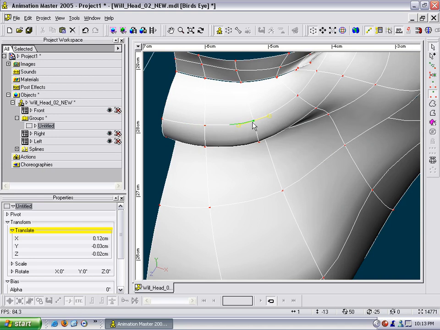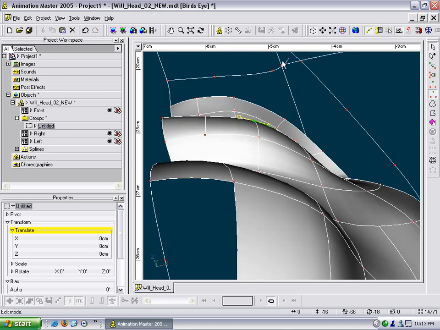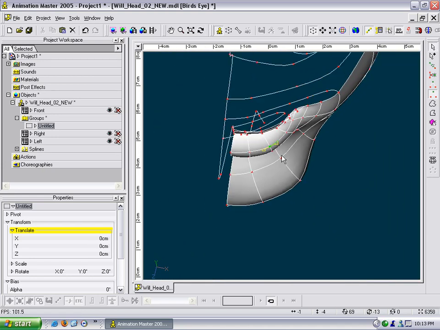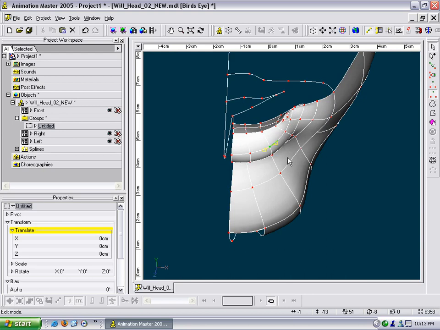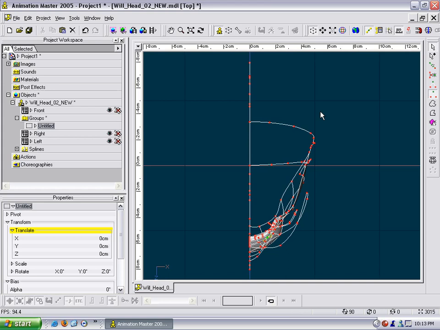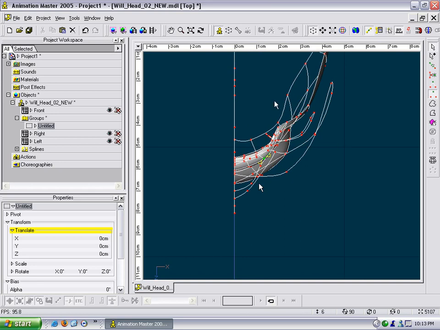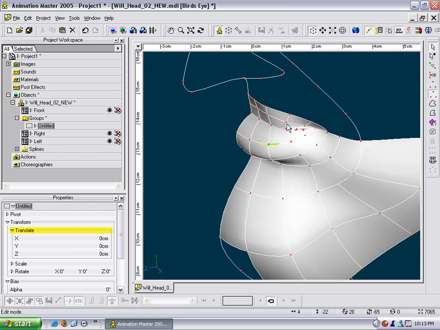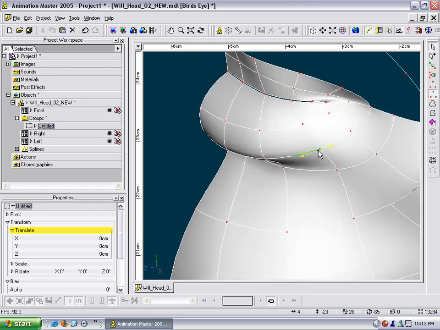When you're working with things that wrap around the head, you want them to go out in a radial direction. Like I don't want just all my splines going straight up the front here. I want them following as if I go to my top view, they're coming from this center point and moving out like this. So when I've got lips or anything like that, I want them going out in this direction. Let's go back to hit 7 on your numpad. You can see here